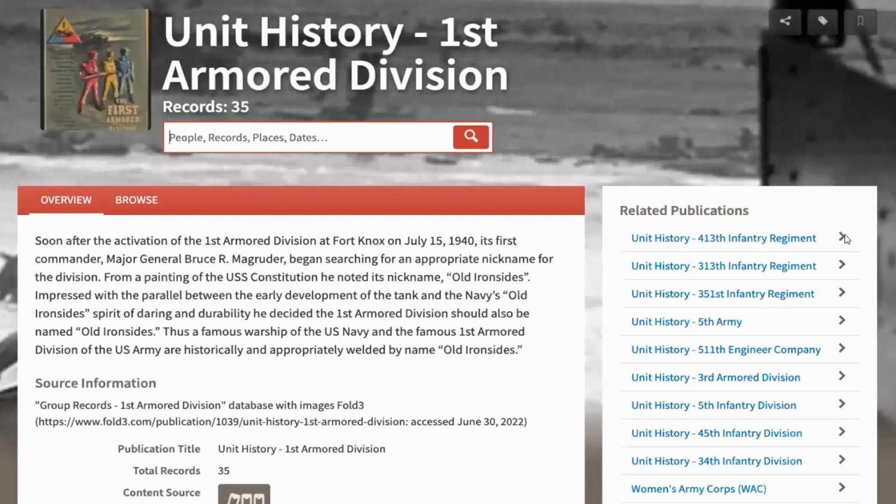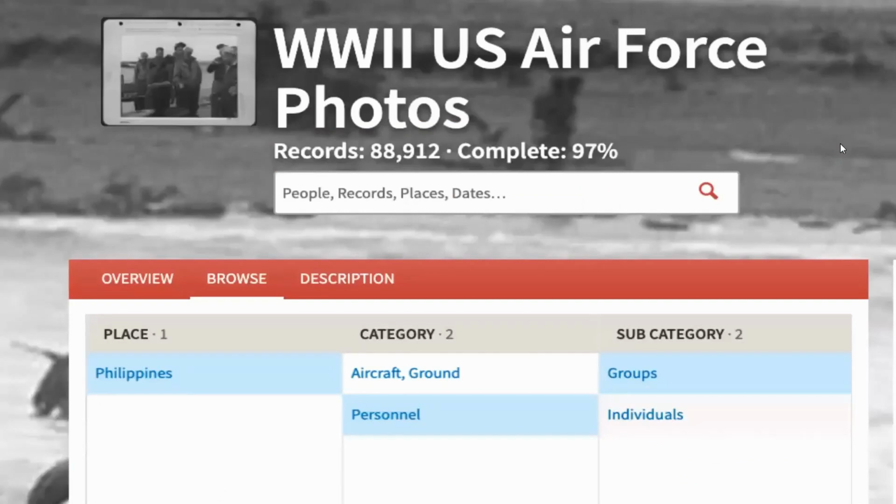So unit histories, this is an example of one of those. So the Air Force photos, I wanted to point this out specifically because there's something kind of interesting that I noticed about it. So when you click browse and then you go to place, I picked the Philippines, this is where my grandfather was. I wanted to look at personnel because I wanted to look at people. And I want to look at groups, not necessarily individuals. So when I did that,